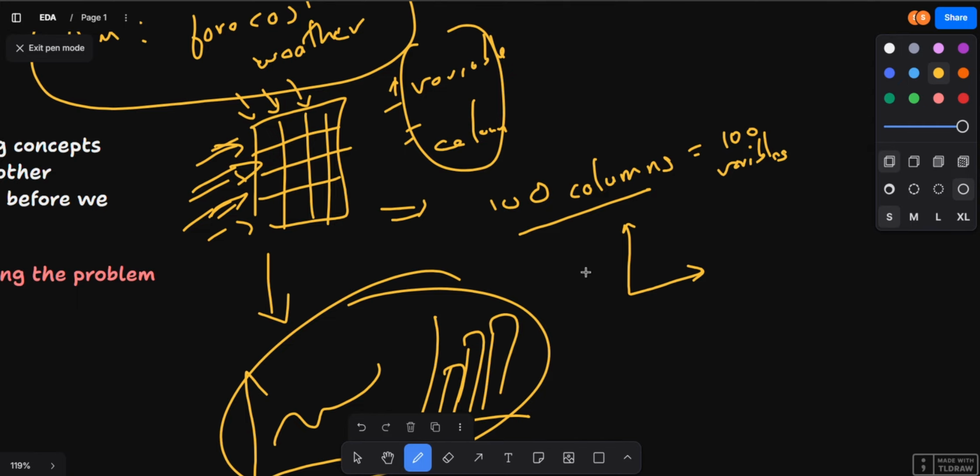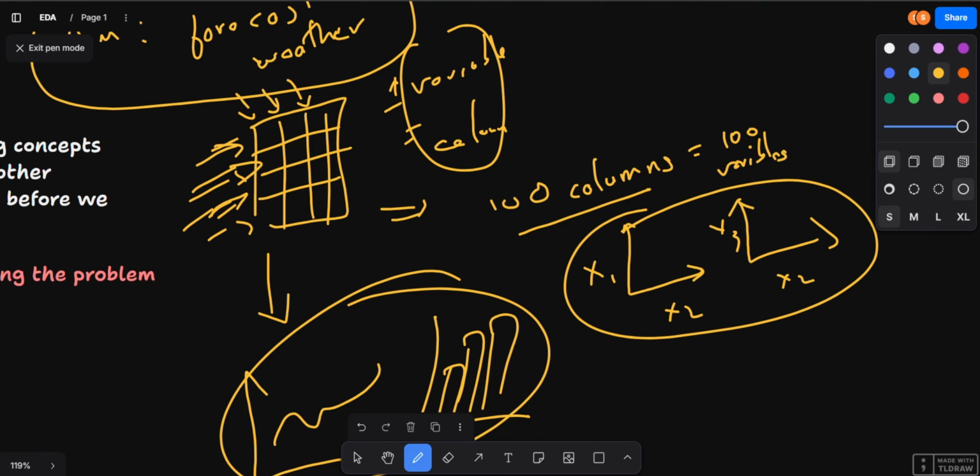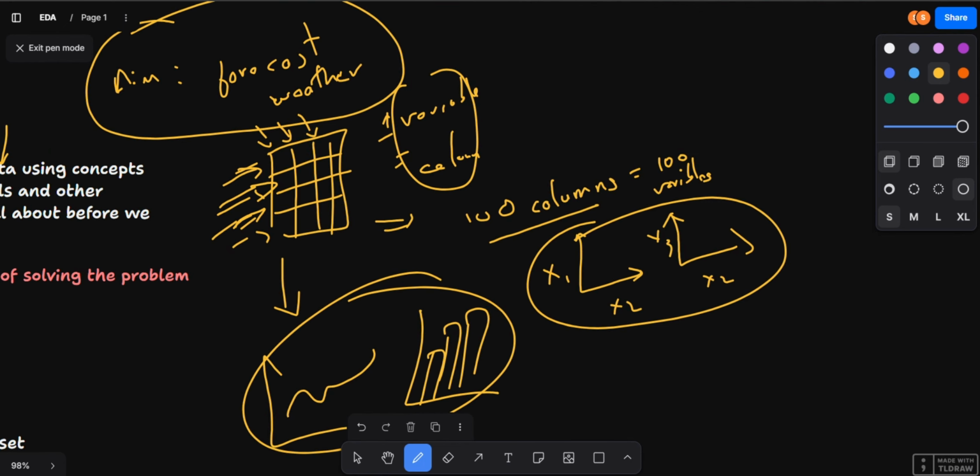Let's say the first variable is x1, the second variable is x2, x3, etc. So you will plot different plots. Likewise, you have 100 variables,